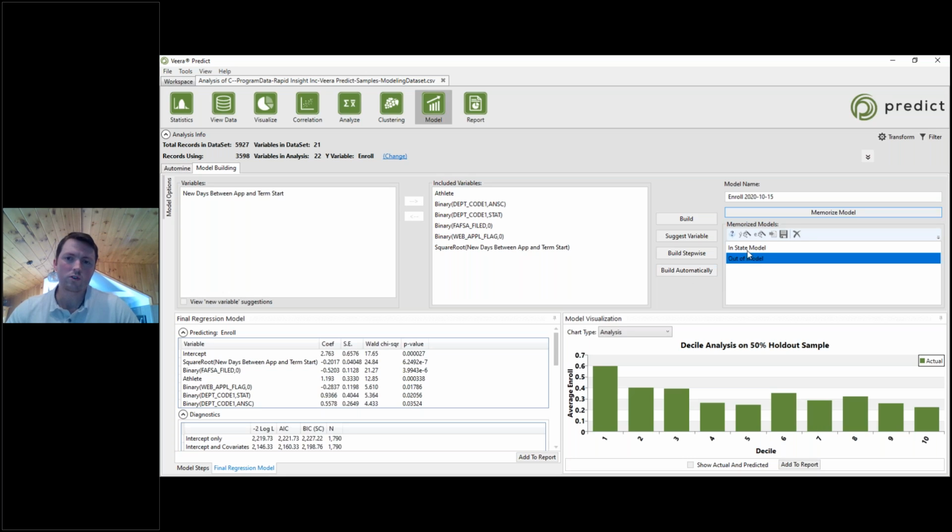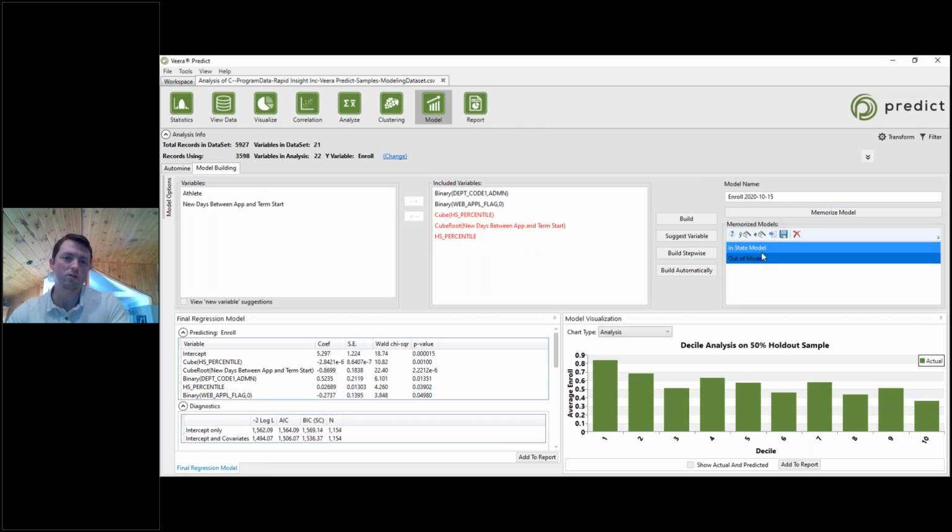And I will make sure to go ahead and walk through the scoring process relatively quickly here. This model has been memorized, which means that within the scope of this analysis, this open workbook, it is saved as an equation, a model that we can use. There are a couple of options that we have in order to save the work that we've done. The first is to export this as an equation for use in the scoring process or inside of Construct. So if I click on this blue floppy disk icon,